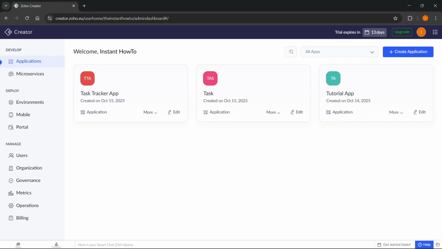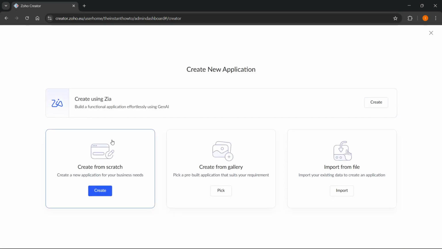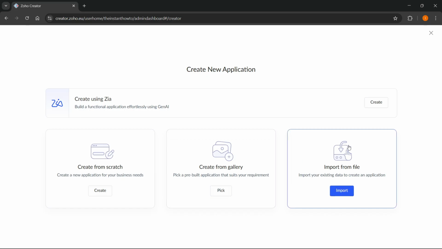In this video, I'm going to show you how to create an application in Zoho Creator. Now, the first thing you want to do here when you are on the dashboard inside the Creator, click on Applications, top left, and click on Create Application. In here, you can go ahead and start from scratch, from gallery, or from a file, but what we're going